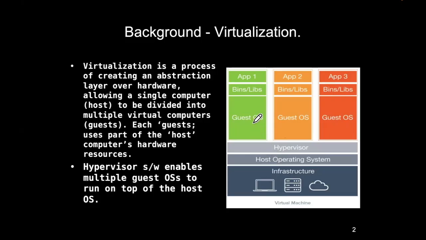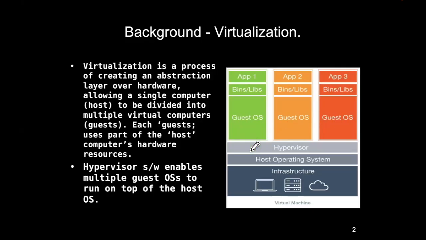So, for example, the green stuff here might be our Mac stuff. The orange might be Windows. The red might be Ubuntu or some other Linux variation. And the host operating system, we don't really care. It could be any one of those or some other one. And this is what virtualization is all about. But in order to be able to install these multiple virtual machines, as they're referred to,